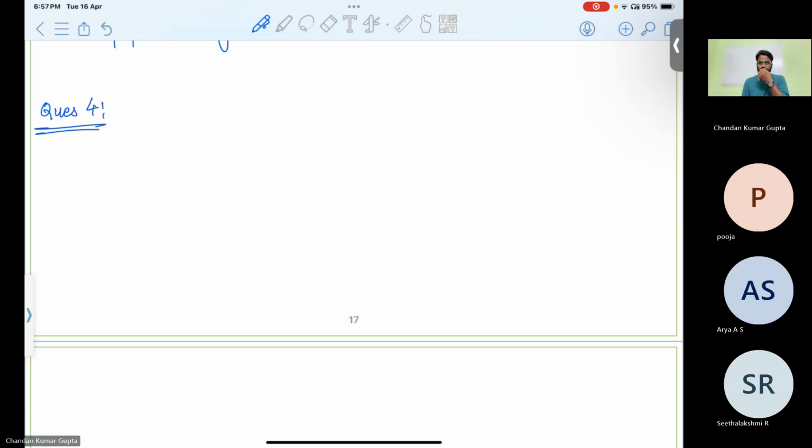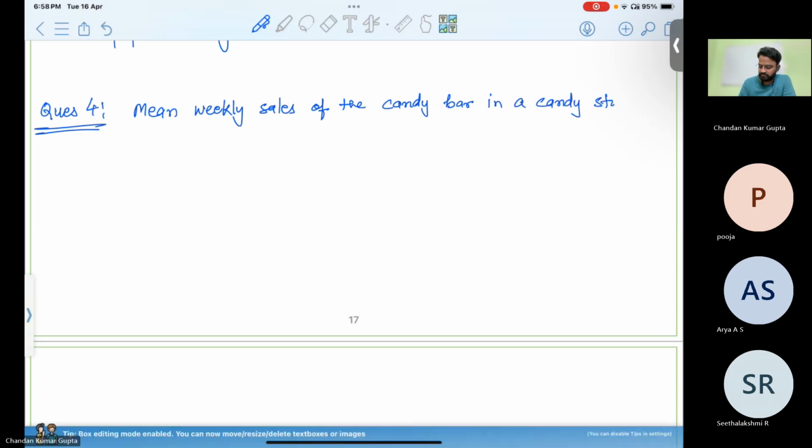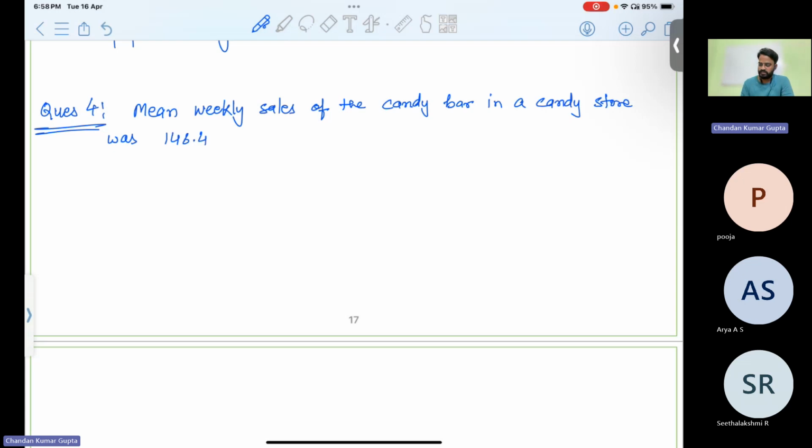We write question number 4, which is: mean weekly sales of the candy bar in a candy store was 146.4 bars per store. After an advertising campaign,